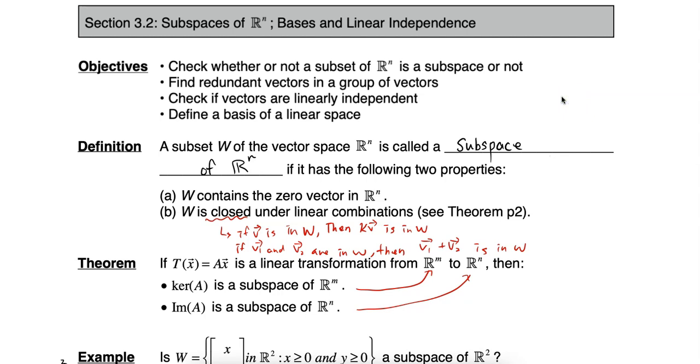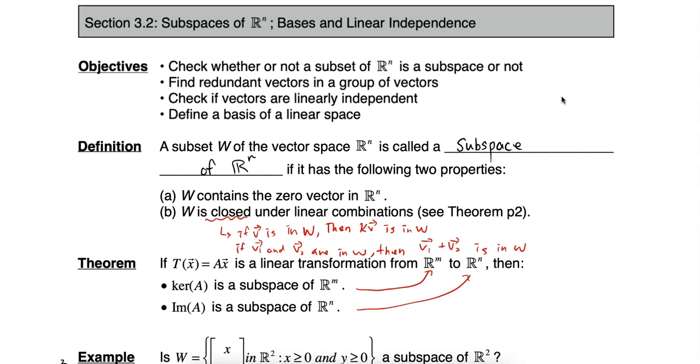Welcome to section 3.2, where we are first going to study subspaces of Rn, and then we will also talk about a variety of concepts like redundancy, basis, linear independence, and span. So first, the definition. A subset W of the vector space Rn is called a subspace of Rn if the